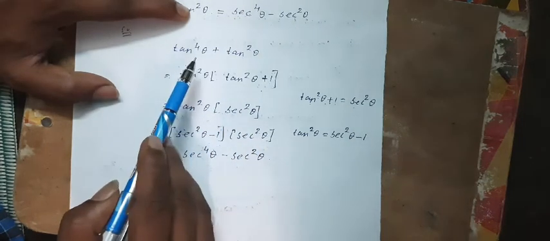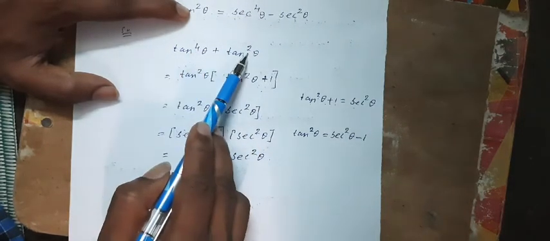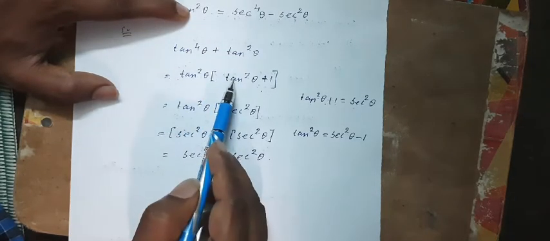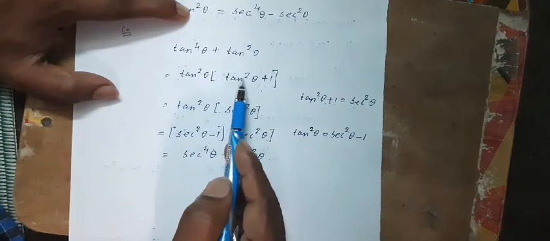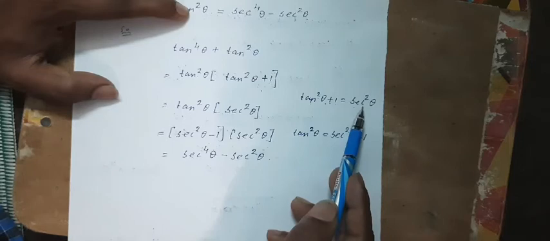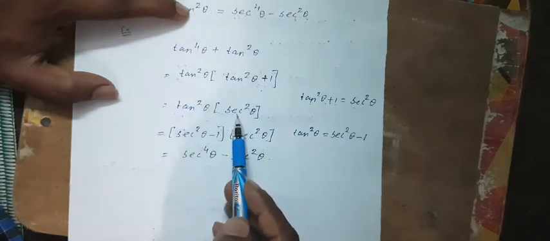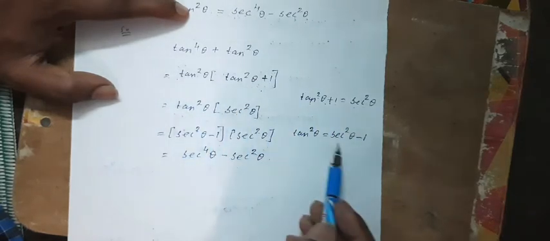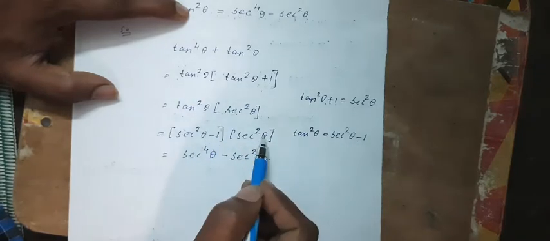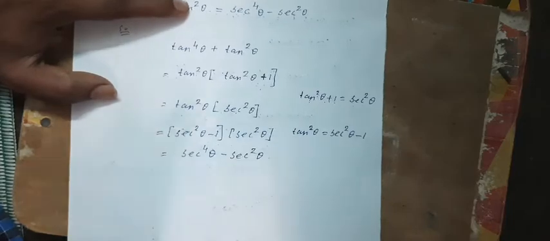Right? So first step, tan power 4 and tan square, you can take common. Tan square you can take common. Next, we get tan square theta plus 1. So the formula, tan square theta plus 1 is equal to secant square. So apply the formula. And next tan square is equal to what is the formula? Secant square minus 1. So apply the formula and take the multiplication, we get the result. Okay. So first 1 and 2 is over. Exercise 6.1 first sum and second sum over.